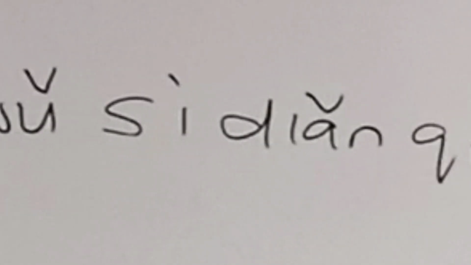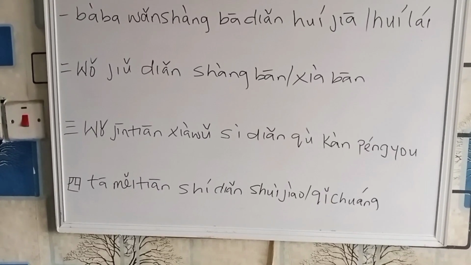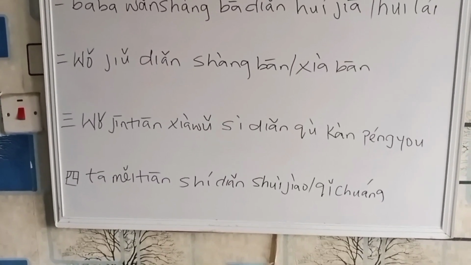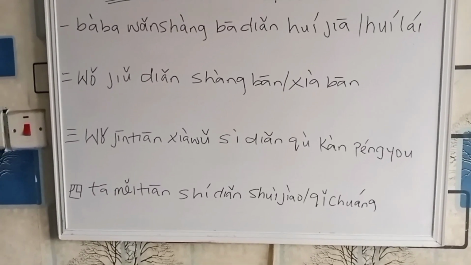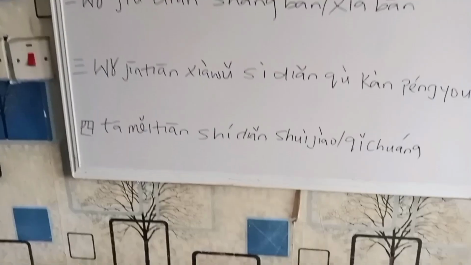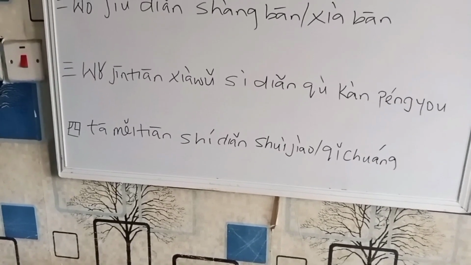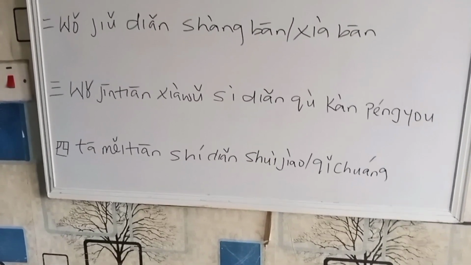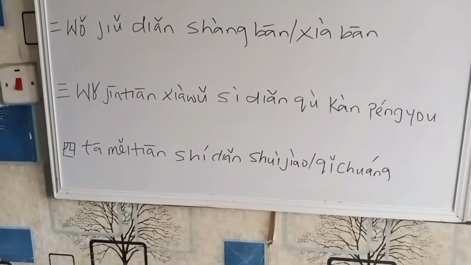I will go see my friend at 4 o'clock in the afternoon. You remember I said that they start from the bigger one when they are saying dates and time. So 我今天下午4点去看朋友. I am going to see my friend at 4 in the afternoon. Then the fourth one is 他每天10点睡觉. I also wrote 起床 because 睡觉 is to sleep, to go to bed. 起床 is to get up from bed. So I wanted us to learn those words.